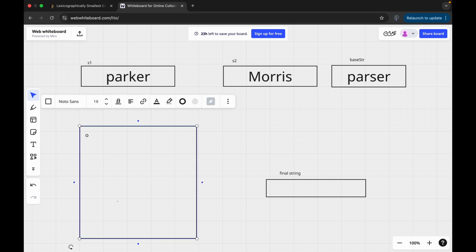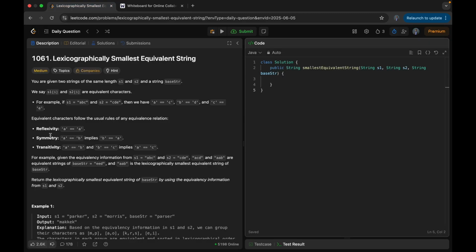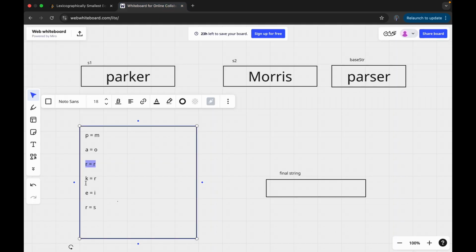So p equals m, and then a equals o, then r equals r, and k equals r, e equals i, r equals s. Now we can clearly see r equals r is the reflexivity,